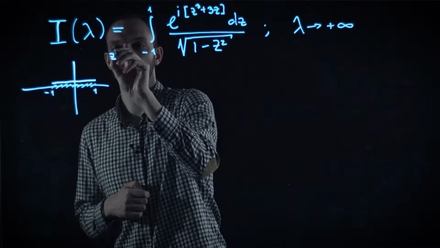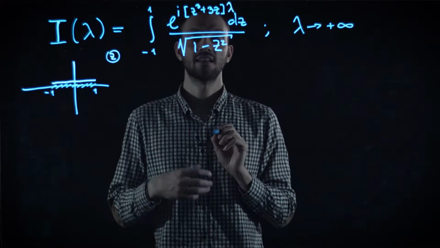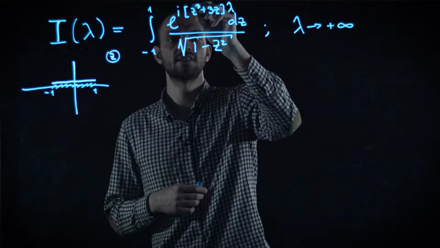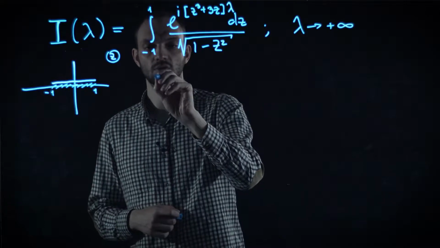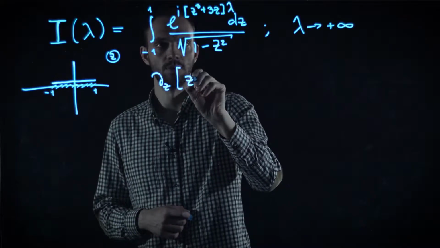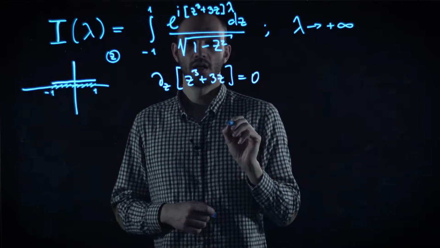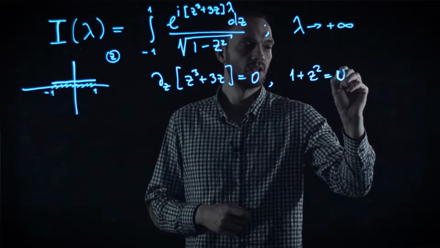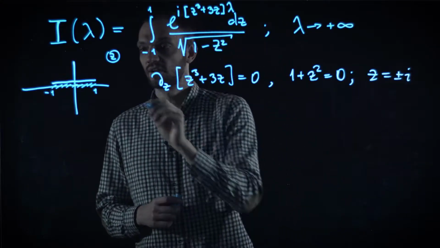This is the complex plane of z. And so here is our large parameter. And let us now figure out what the saddle points are, first of all. They are defined, as usual, by the stationary points of the prefactor of the large parameter in the exponent. So we need to solve the following equation: d over dz of z cubed plus 3z equal to 0. And the equation is, of course, nothing but 1 plus z squared equal to 0. And it has two solutions, z equal to plus or minus i. So here are the saddle points.